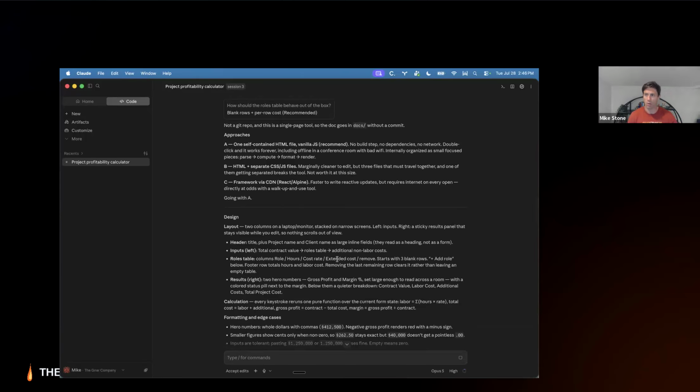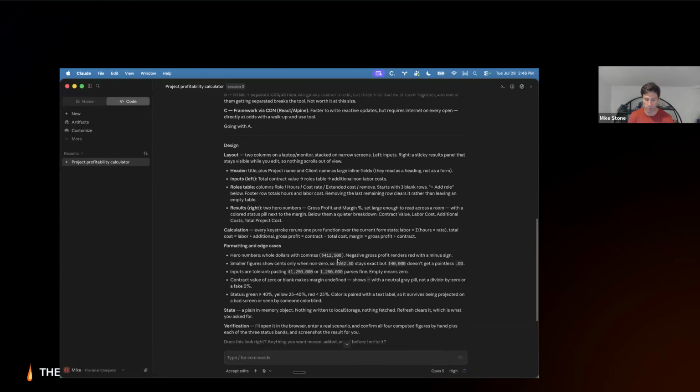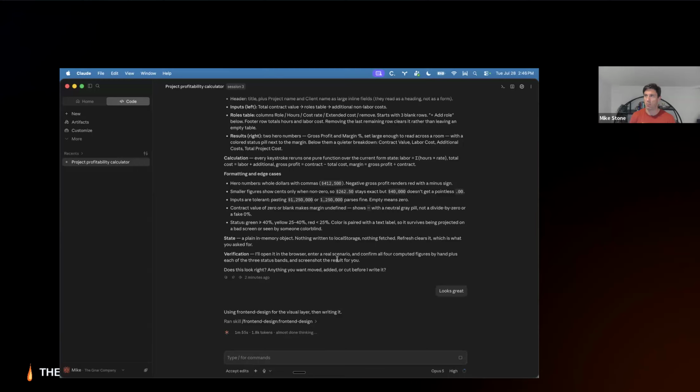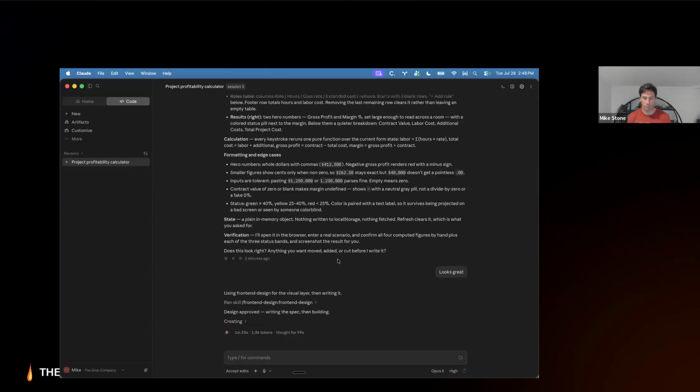We'll also be able to make changes afterwards, and I'll show an example of what that looks like. But when you're working in Claude in general, everything is editable and in a state of fluctuation. So we are going to be creating files that live on our machine and can be updated as we need them to.